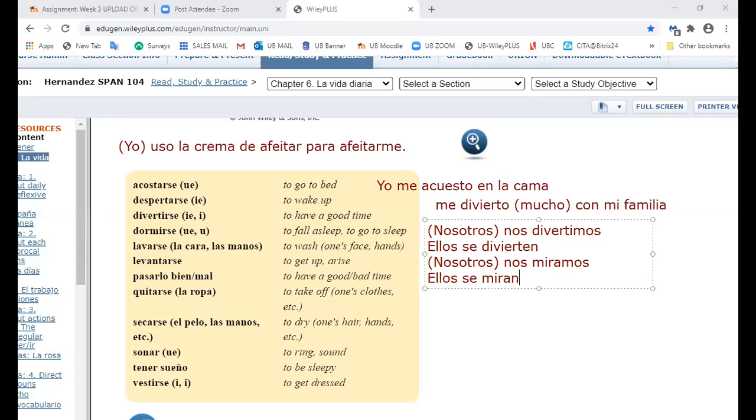Question, the first one, yo me acuesto en la cama. That's I go to bed, in a bed. I lay down in the bed. Oh, okay. Because on the sheet that we have, they have it as I go to bed, not I lie down. Well, when I hear yo me acuesto, I can already picture in my mind someone putting their body down in bed. But you could say yo me acuesto en el piso, because you could do it on the floor. Yo me acuesto en el piso, yo me acuesto en la cama.